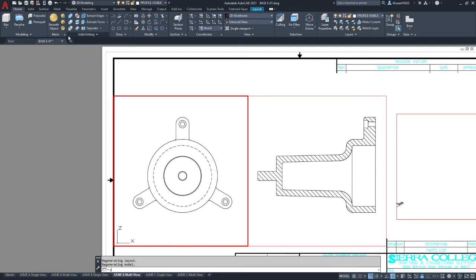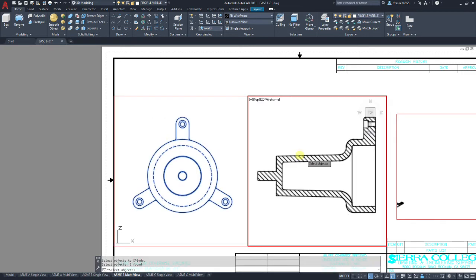We're going to type explode without an E on the beginning, and we're going to select our objects, or go ahead and select them both. We're going to hit enter to accept that. We're going to do global, and we're going to type LW for line weight, and we're going to accept by layer.